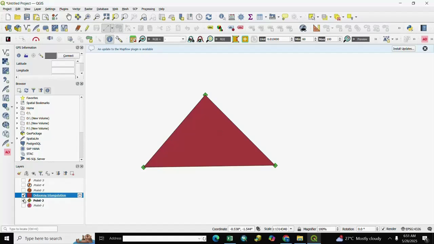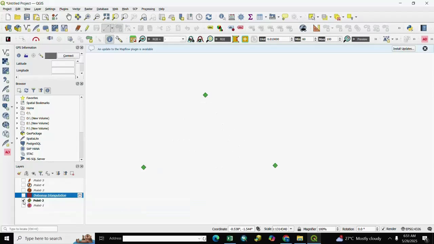For another point layer we select point 3, here are 5 points, and we create a triangulation. Here there is no center point.